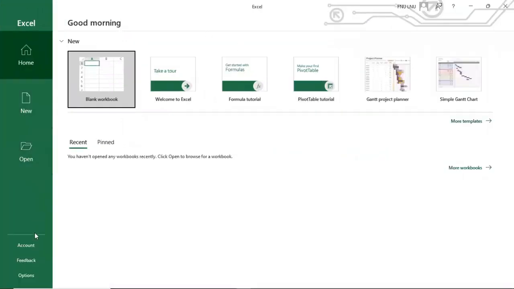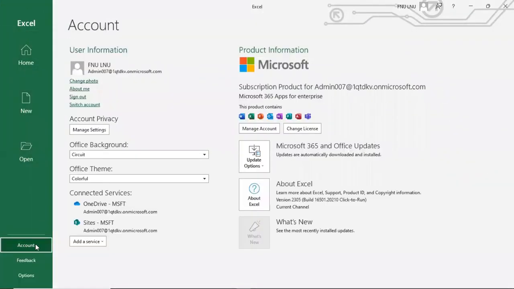So let's come on to accounts. Click on accounts, right? And here you see, right, these are subscription products for Microsoft 365 apps. If you don't see this, right, then you might see a prompt to put in your email address, put in your email address and sign in again, right? And then when you come onto the account tab, right, you should see that it's now activated. So now you have a Microsoft 365